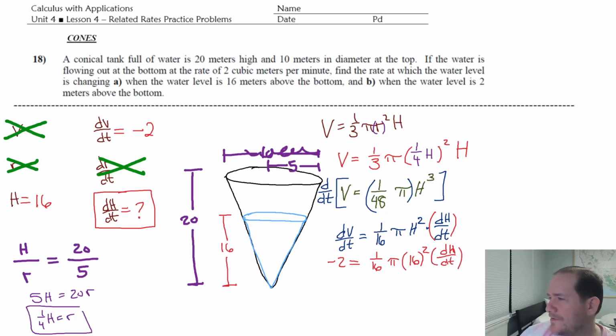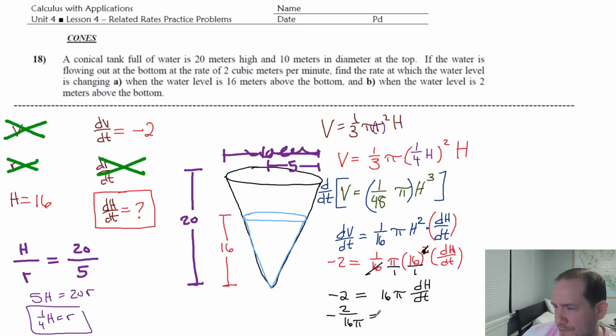So now the easiest thing in the world here would be to immediately notice that if this is over 1 and this is over 1, then we could just cancel one of these 16s with one of these 16s. So we're looking at a -2 that equals 16 pi dh/dt. So to solve for dh/dt, just divide both sides by 16 pi, and that'll land you on -2 divided by 16 pi, which will quickly reduce down to -1 over 8 pi, which of course is approximately equal to,